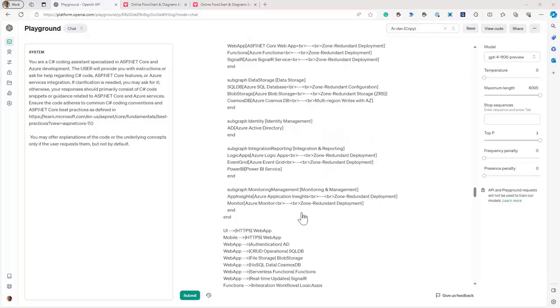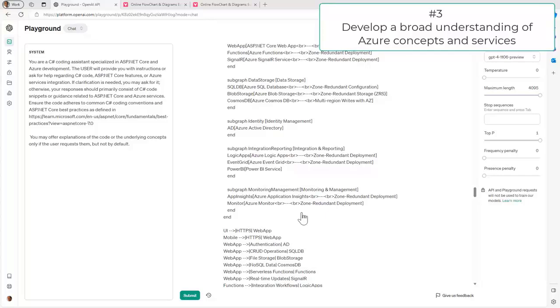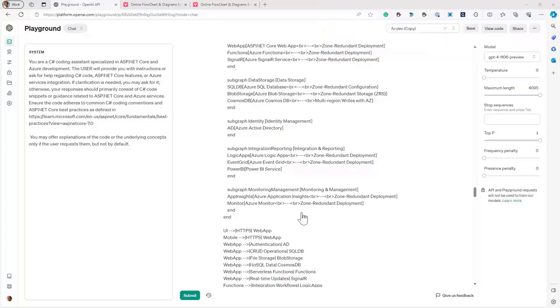So this brings us to the end of this conversation, but it brings us to another important takeaway. If you're going to take advantage of coding assistance like the one we have been looking at, it will be very helpful to have a broad understanding of Azure services. So this idea of regional failover, the idea of VNet-based connectivity, this idea of zonal failover, if you had an understanding of these services, you'll be able to ask clarifying questions so these coding assistants can help you generate architecture that matches your requirements.